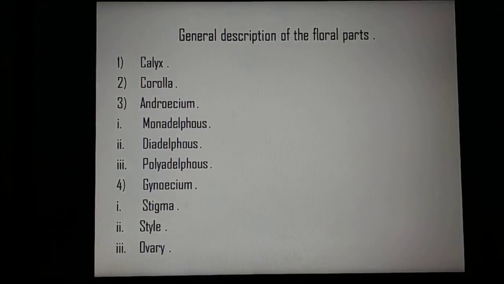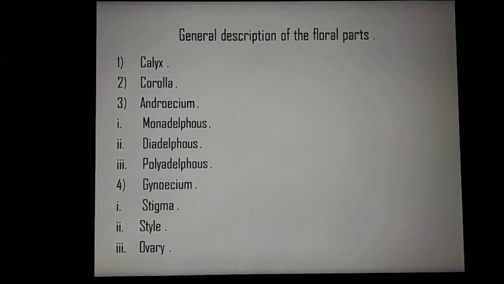The pollen grains are generally powdery particles of different shapes and sizes. In the androecium, stamens may be free, as in petunia, or joined in different ways in single, double, or several groups. First is monadelphous: stamens are united in one group by their filaments, and only the anthers are free. Example, China rose or cotton. Second is diadelphous: the filaments are united in two bundles. Example, pea. And the third is polydelphous: the filaments are united in several groups. Example, bombax.